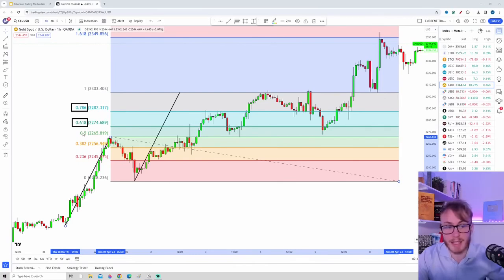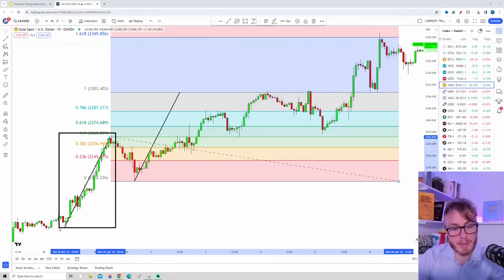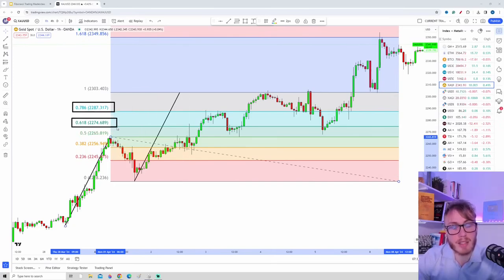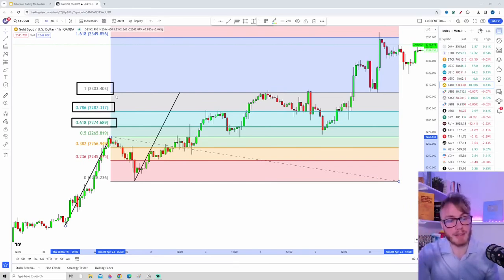This number right here means 61.8%. This part right here is 50%, and so on and so on. But now these numbers actually tell us a slightly different thing compared to the retracement. So because of basic geometry, that this move is the same length as this move, these numbers will basically tell us how close are we to the one number, or in other words, how close are we to the 100% measured move objective. So for example,